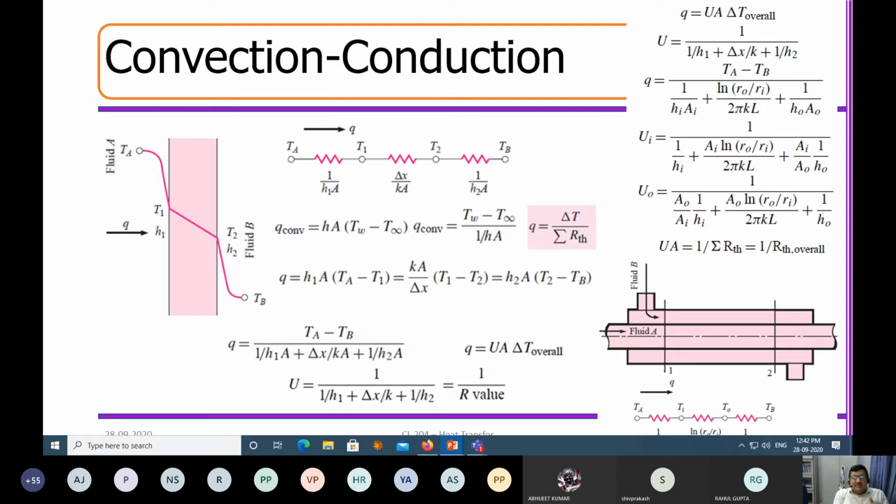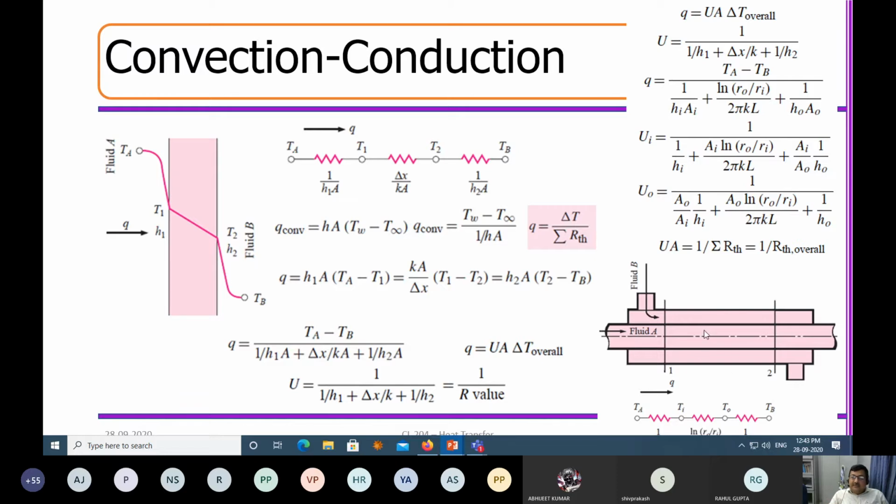Each sensor will cost me, each thermocouple will cost me a lot, if I really want to measure the boundary layer temperature, the wall temperature at the inner wall, outer wall. So the question is, from outside, can I really define, based on the material properties, the heat flux or the rate of heat transfer based on some overall value?